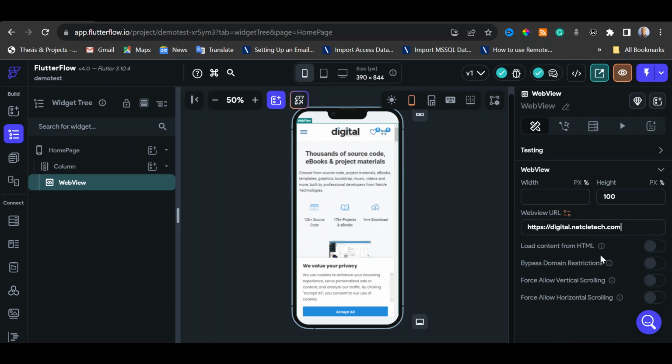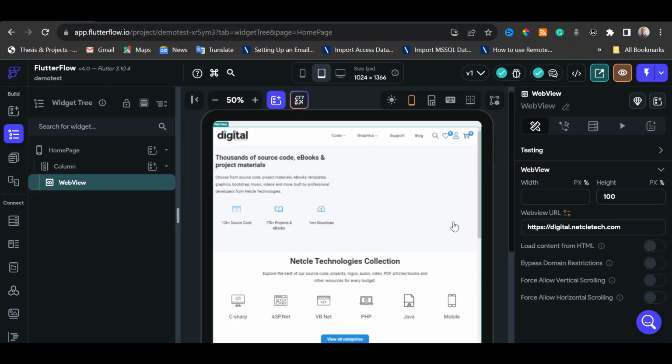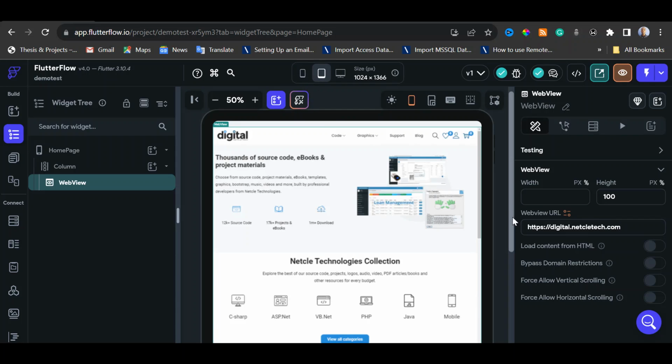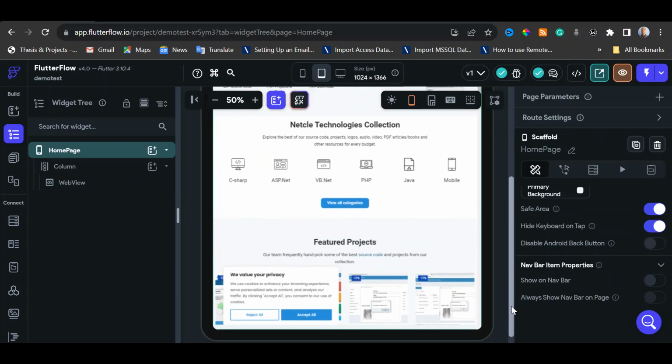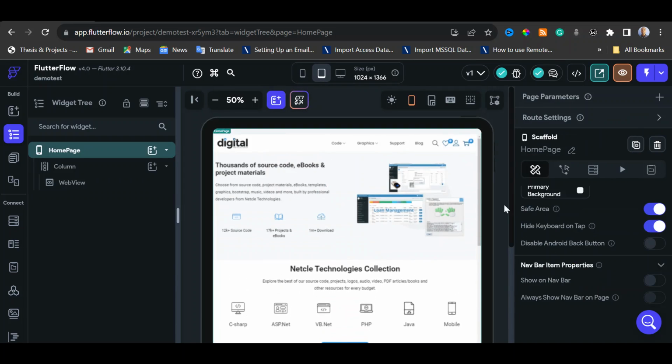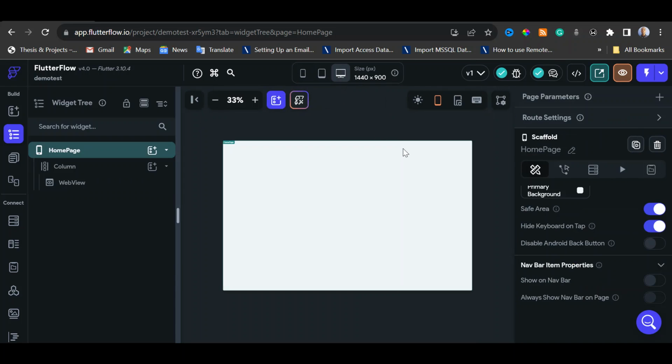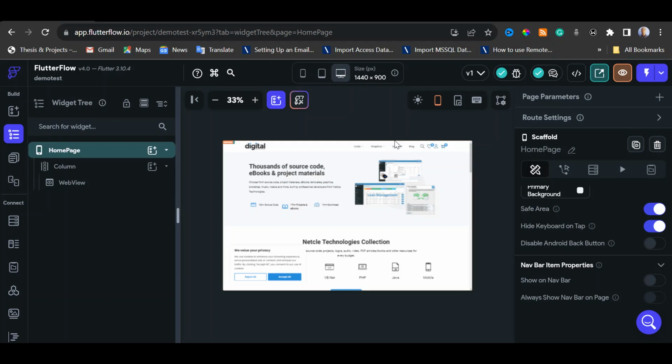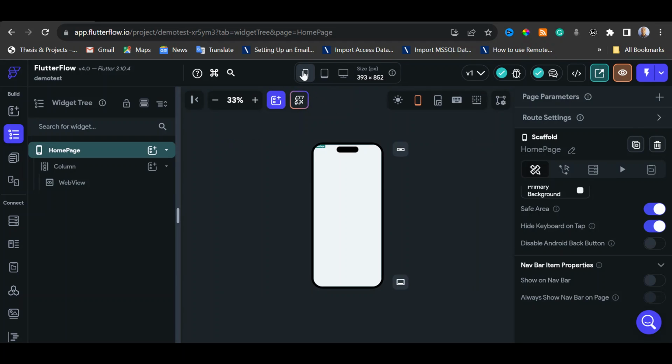app. So now we are going to test this. Let's check the different screen sizes. I'm going to click on this. I think that should be for tablet. Yeah, this is for tablet. See, it appears very well. Just scroll down. It appears very well. And then this, we are not doing it for web, so let's just check it. Yeah, it also appears well. Then let's return back to the